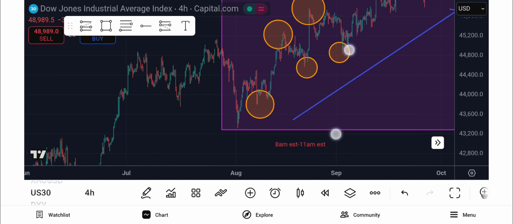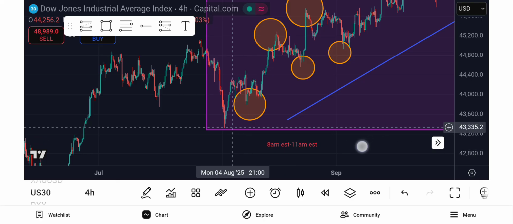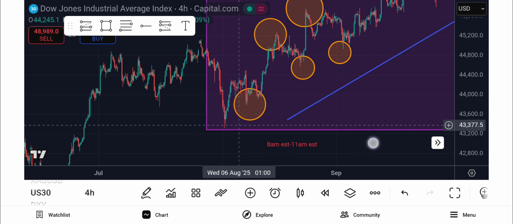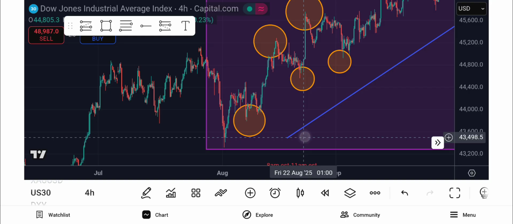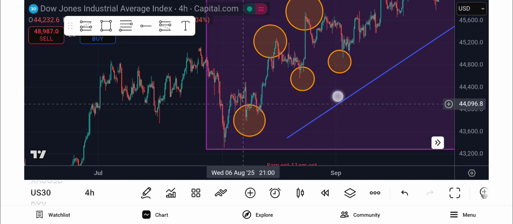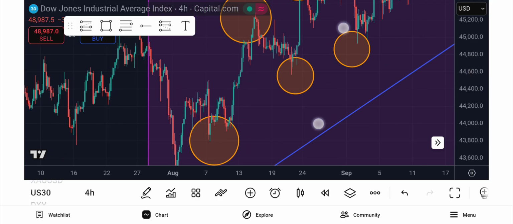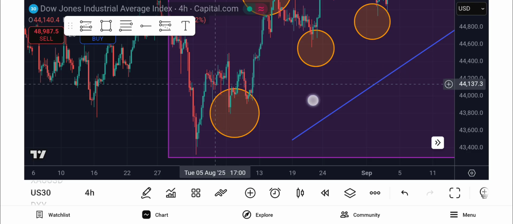we basically go towards this time and we try to look for fair value gaps when 8 a.m. Eastern happens, right? So first and foremost, okay, let's say this is 9 o'clock, right? We see the uptrend. We see it as an uptrend on Thursday at 9 a.m., right? 9 a.m. We see a fair value gap here, but